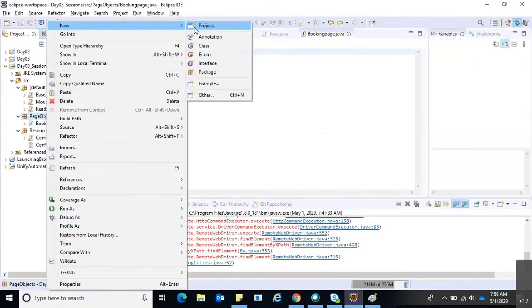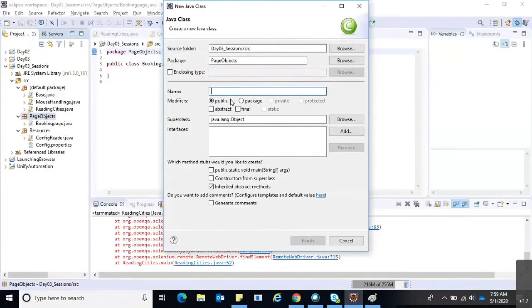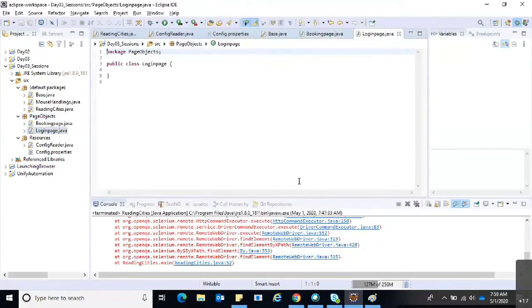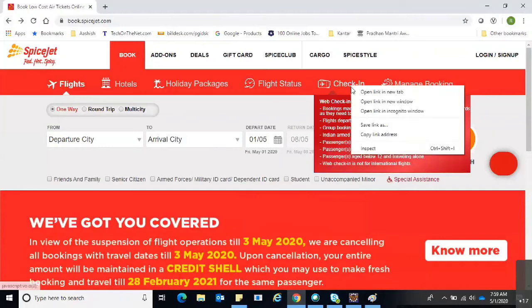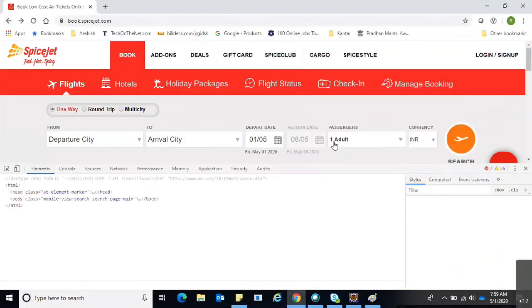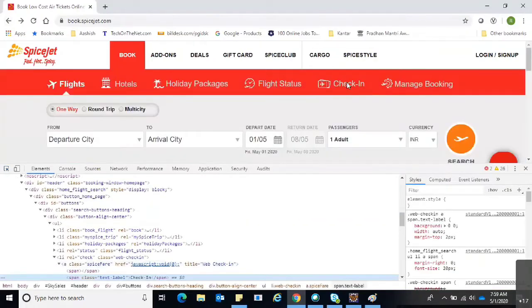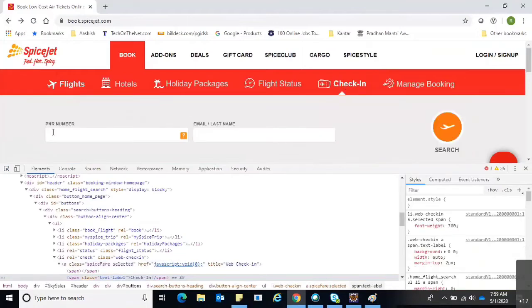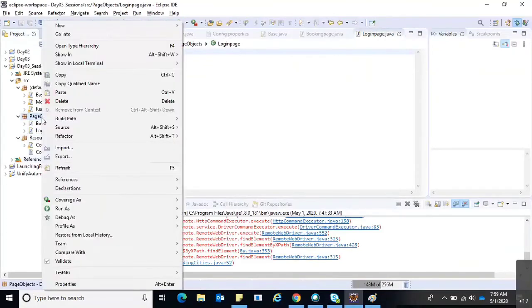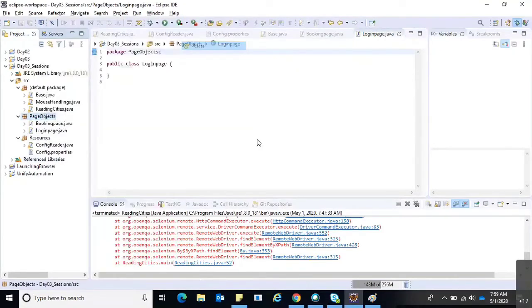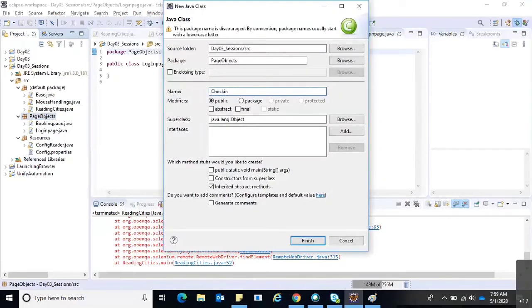And I'm going to create another class file, that is the login page. And for check-in, it is a different page again. Check-in page.